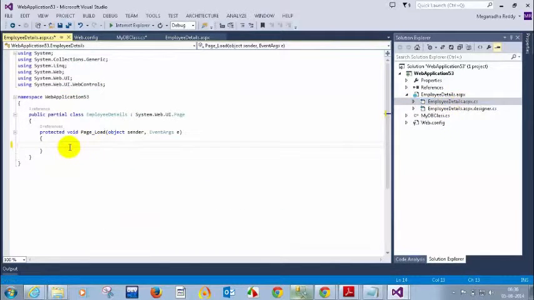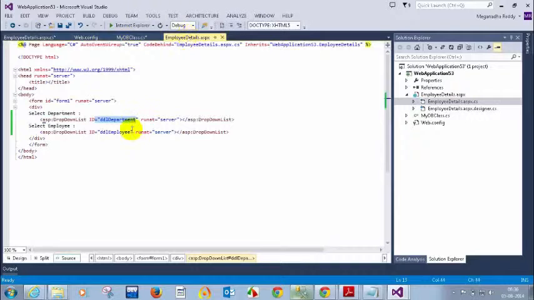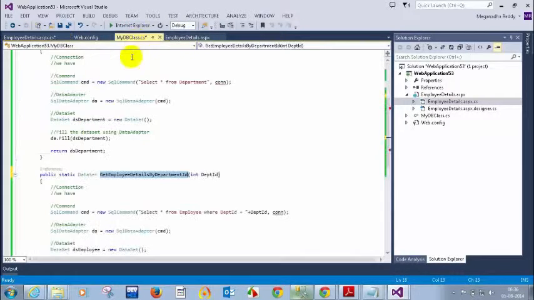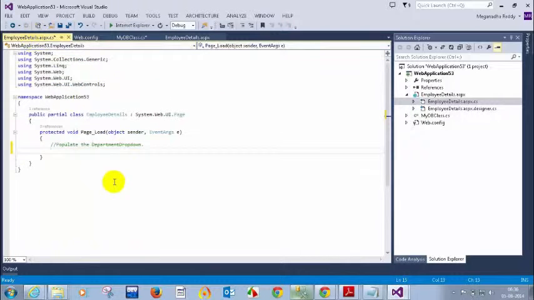Now what I need to do is populate the department dropdown. Okay, so I need to populate the department dropdown first. So where is my department? Here I have this department. Okay, now let's see how to populate the dropdown. For the first time we are seeing how to populate a dropdown list. So now, so data set, so let me write this here